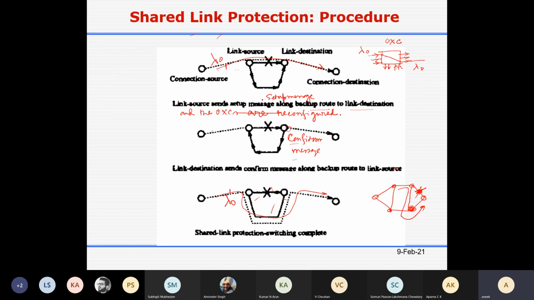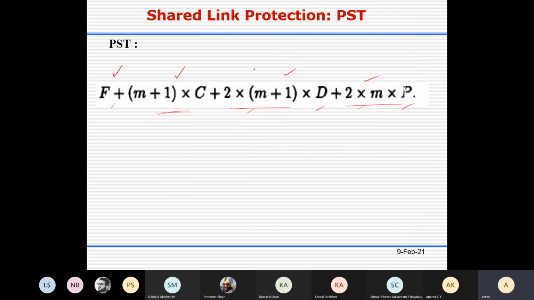Now when you are sending the setup message, you are also reconfiguring the optical cross connects, because this backup route or maybe some part of it may be used for other active paths. So it is not dedicated for this active path. So you have to tune the OXCs.